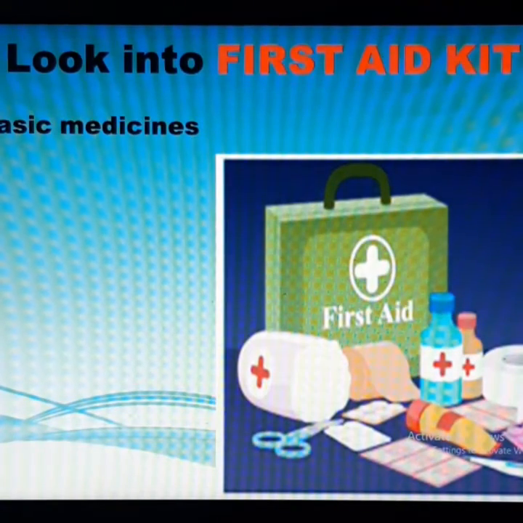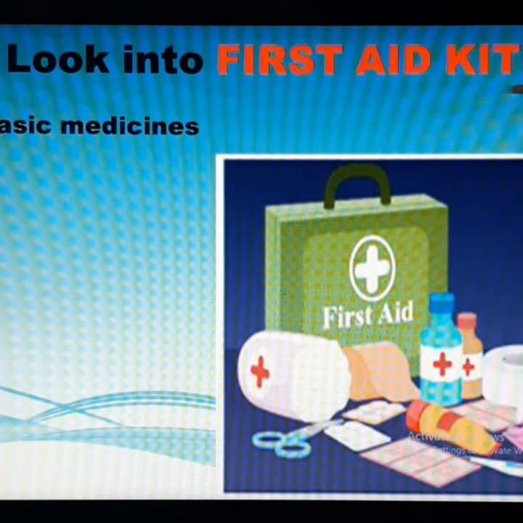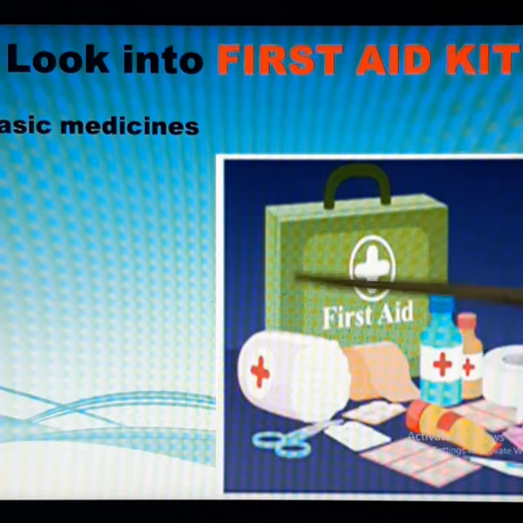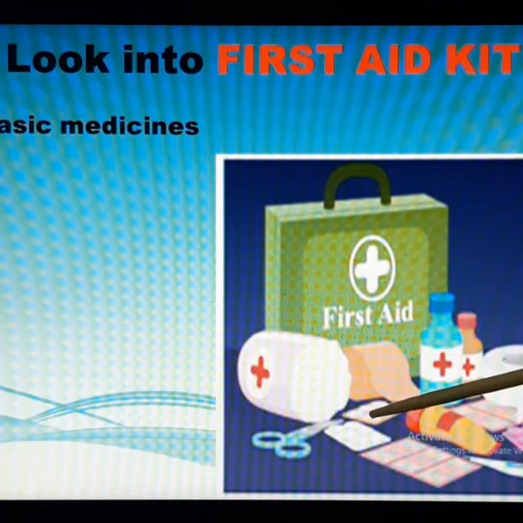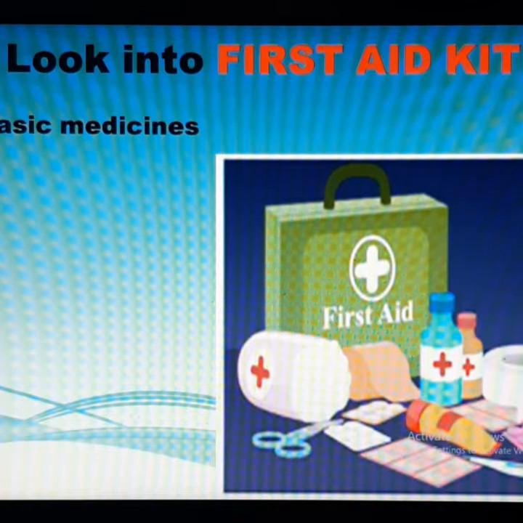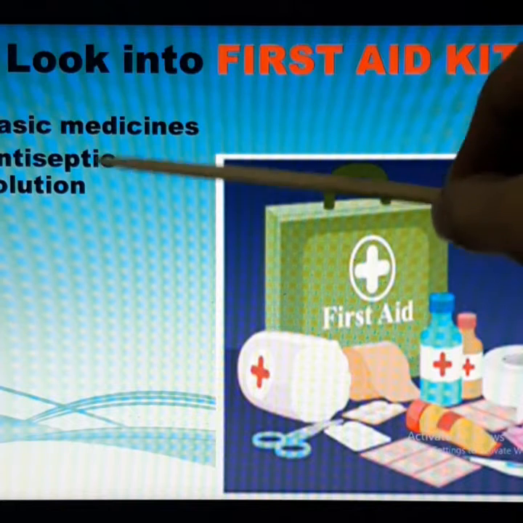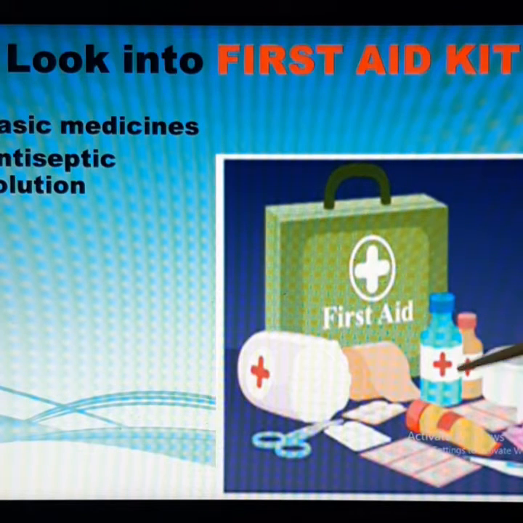Actually, the first aid kit which we need, we need to maintain in our house also, because there could be a small illness which we can treat. Going to the doctor may take time, or with a normal sickness we can treat at home also. So for that we need basic medicines, like your mother or father must be keeping Crocin or any antacid. Next, it should have an antiseptic solution, Dettol or Savlon, that must be there.